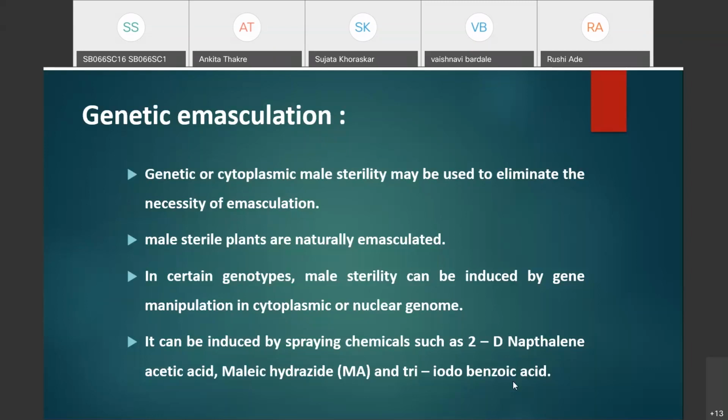Then in certain genotypes the male sterility can be induced by gene manipulation in the cytoplasmic or the